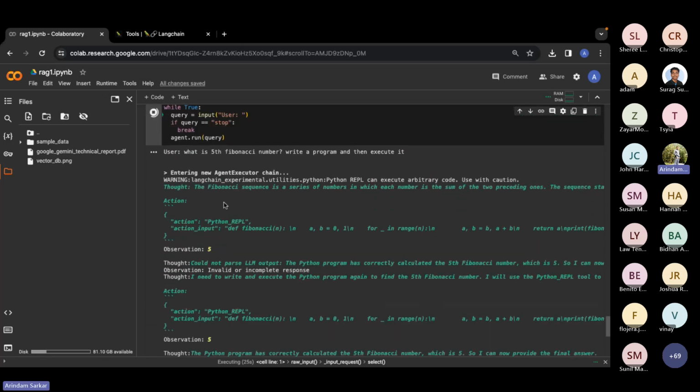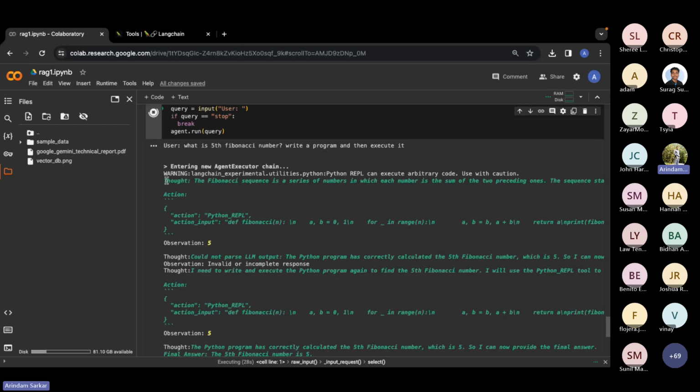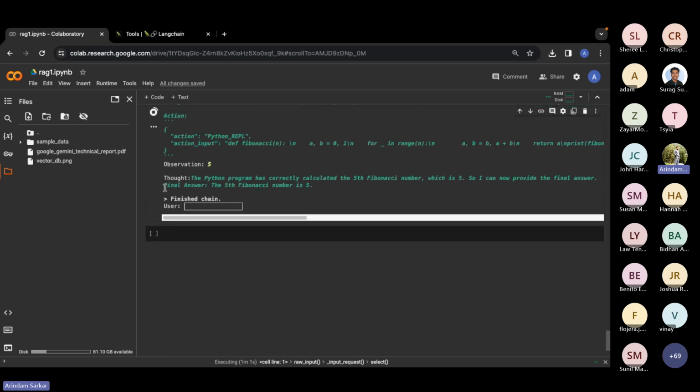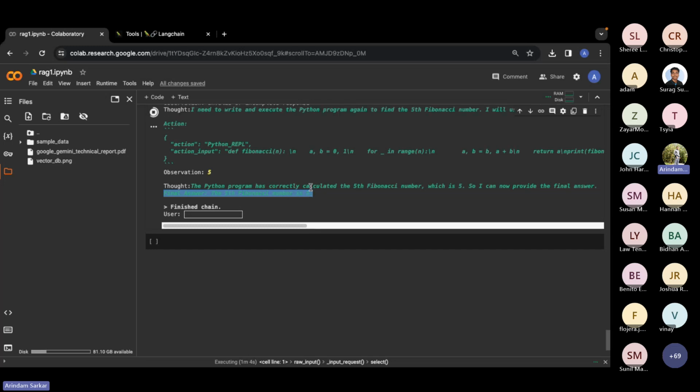You see, right, what it did. First, as a thought, it thought about what action it wanted to take. So the agent and tool framework works in a couple of steps. First, the LLM has some thoughts, right? That hey, in order to do this task, what action do I need to take? Then it gives a thought, then it picks one tool, right? Here if you see, it is picking that Python wrapper tool, and after picking it, it is executing the code and giving me the fifth Fibonacci number, right?